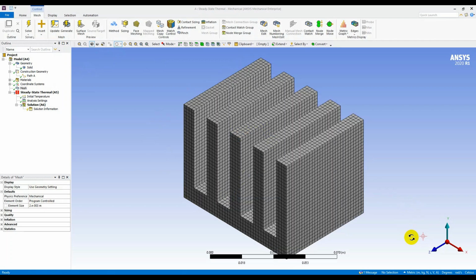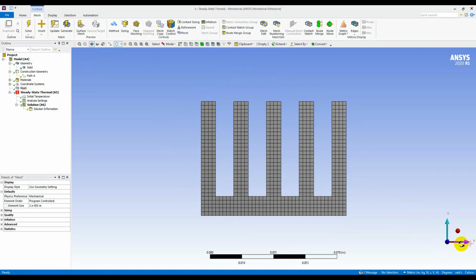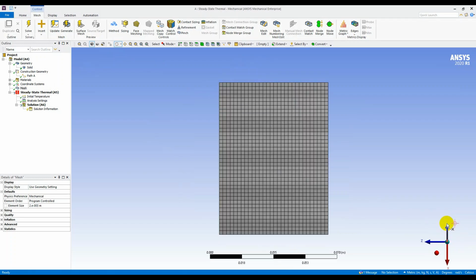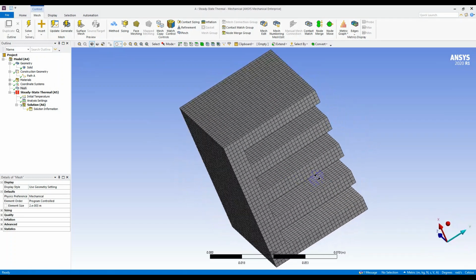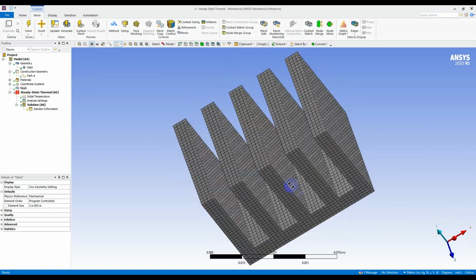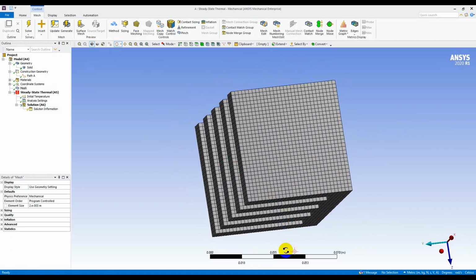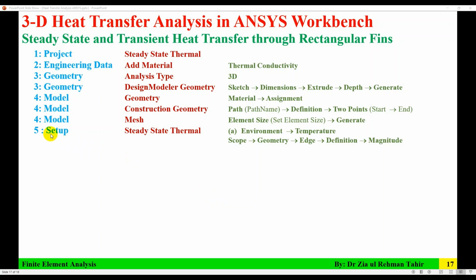So now the mesh is done and it is quite uniform, as you can see from all sides. So next step in the setup, I need to add the boundary condition: steady state thermal, then environment, temperature, and then